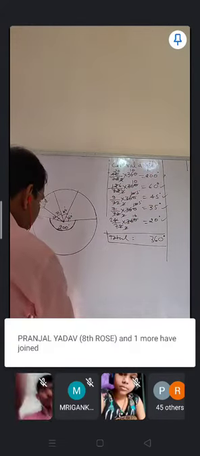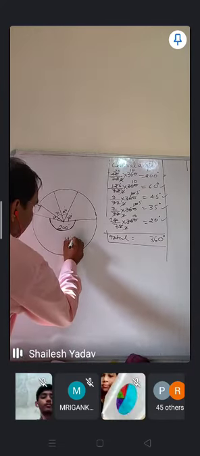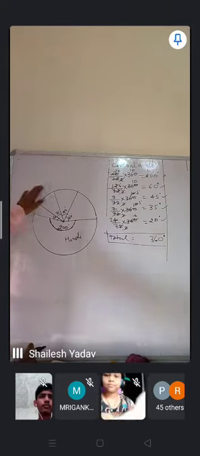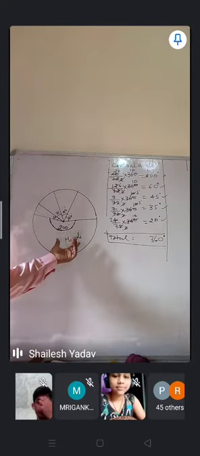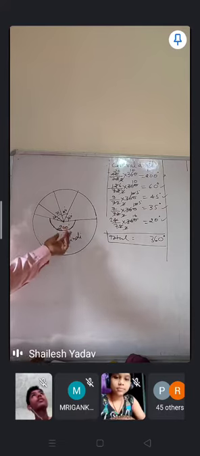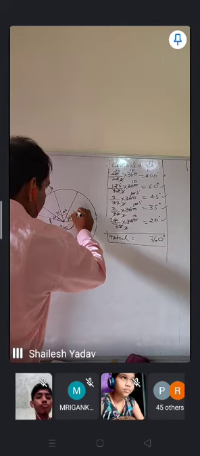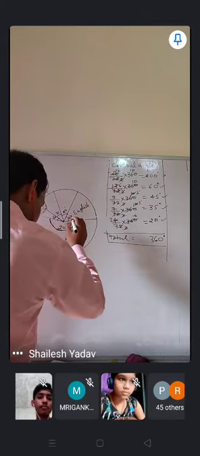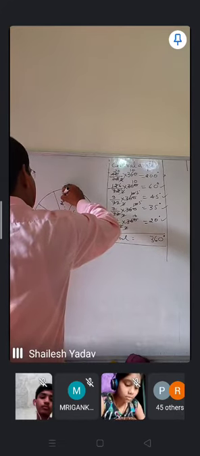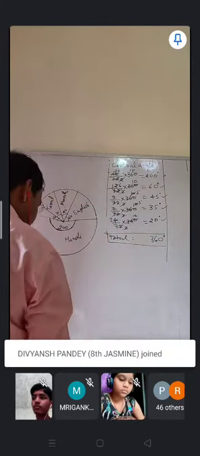After that you will give the naming of all the portions. That 200 degrees is represented by Hindi, so here you will write Hindi. The reason is that if anyone looks at the pie chart, he will know that 200 degrees is for Hindi, and for English it is 60 degrees. So here you will mention English. For Marathi it is 45 degrees. So here you will mention Marathi. In the same way, 35 degrees for Tamil. So here you will write Tamil. And 20 degrees for Bengali. So here you will mention Bengali.